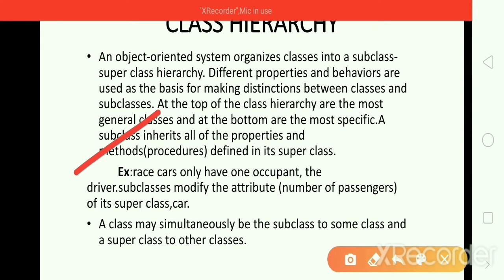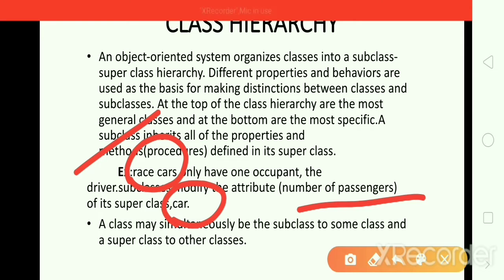I'll explain this example once again. Race cars only have one occupant, that is the driver. Subclasses modify the attributes of its superclass car. See guys, in race cars only one person can drive the race car, but the normal car can have a number of passengers with the driver.